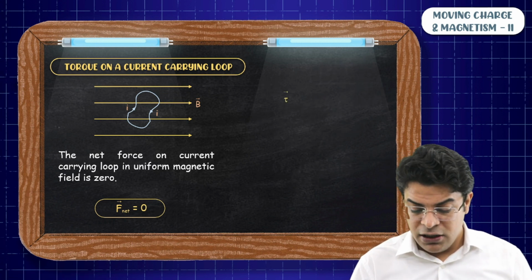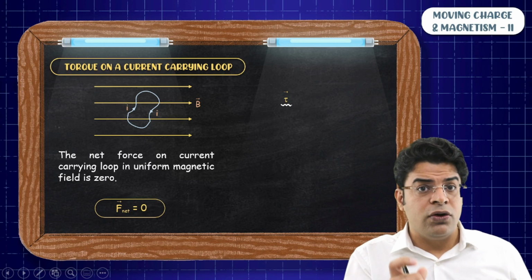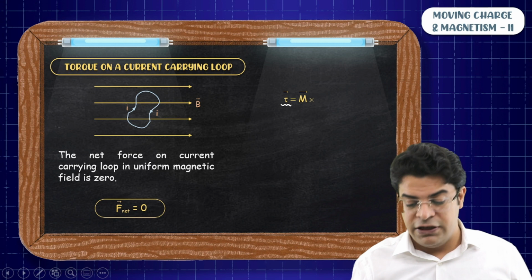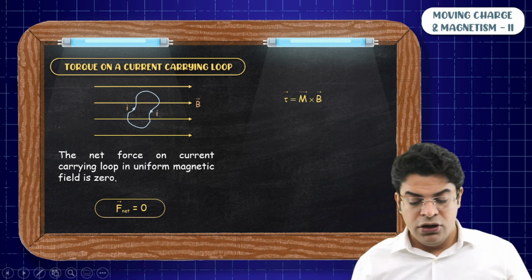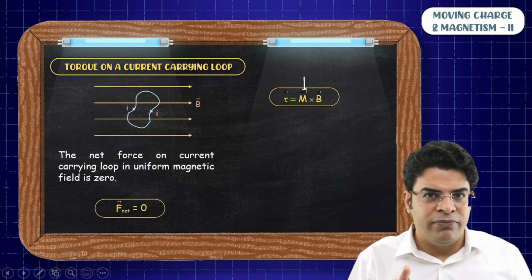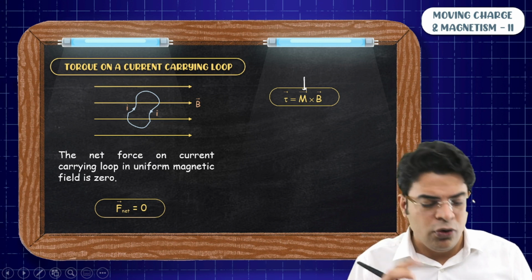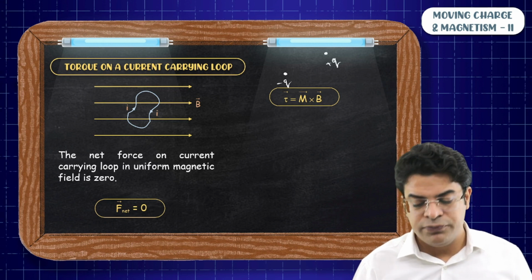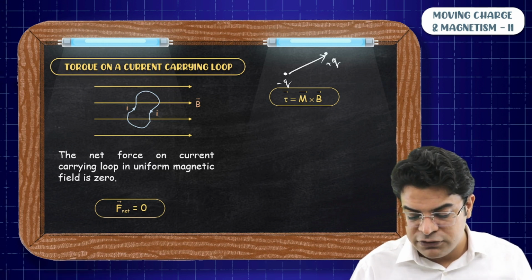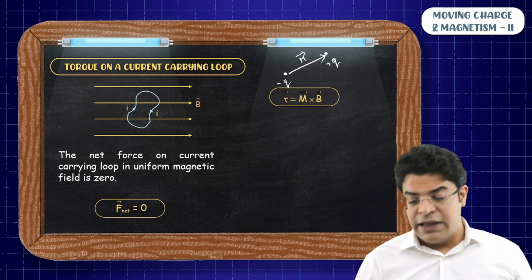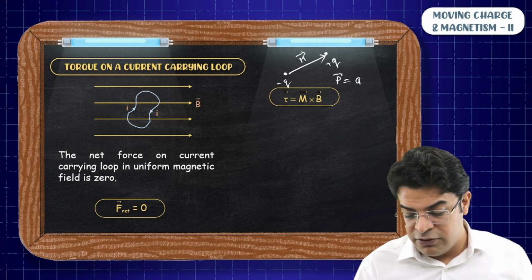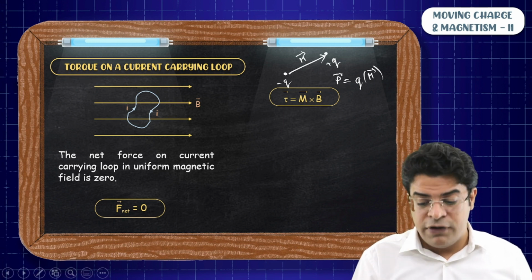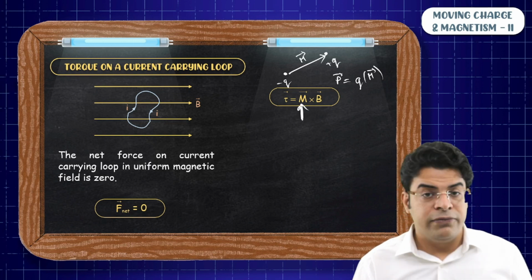So remember that the torque acting on a current carrying loop, which is nothing but a magnetic dipole, when placed in a uniform magnetic field, is given by M cross B. Do not worry, we will define M as we have defined dipole moment. To define dipole moment, I said that if you have got negative charge and positive charge, such that the position vector of positive charge with respect to negative charge is r, then we say that the electric dipole moment is given by qr, right? So we will now try to find the magnetic dipole moment.